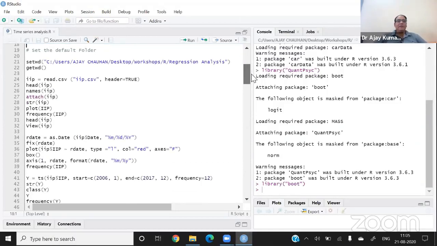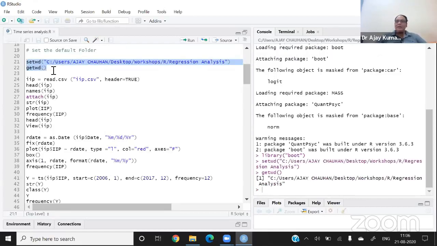After that, you know that whenever we start working on our package, we must define some folder where we put all the files. So this is the path of my folder where I put all the data set, and whenever I require, I can call them, I can import these data set. So let's run it, and getwd will confirm whether the computer understands the same folder as I provided to the R package or not. I have checked the path which I gave and the path which the computer understands. Both are the same, so no problem.